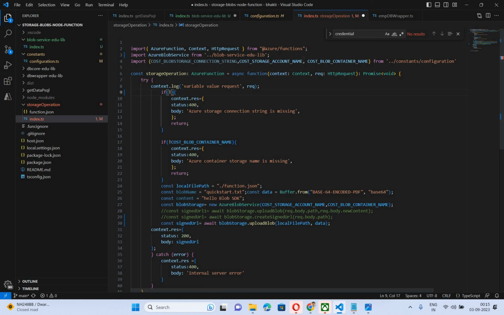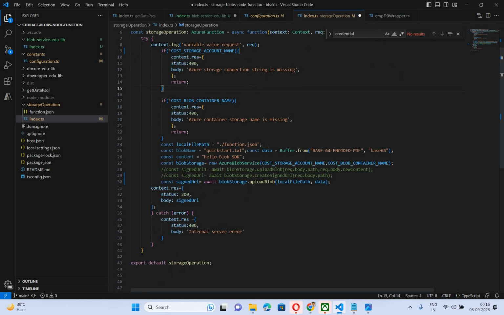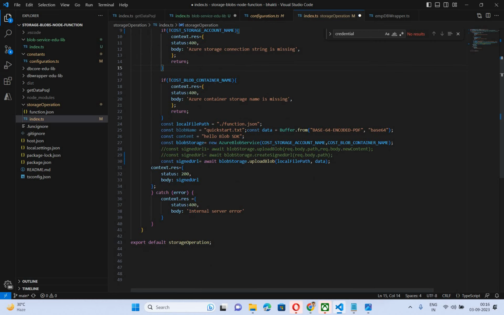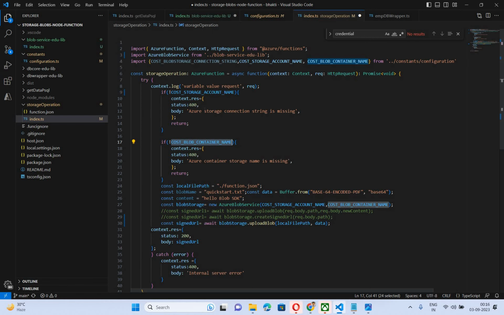Okay, yeah, this one. All right, storage account name. I'm checking if my storage account is there, then you can see it will also check the container name. Okay, two things I am passing, storage account name and container name, and here these two are there, both I